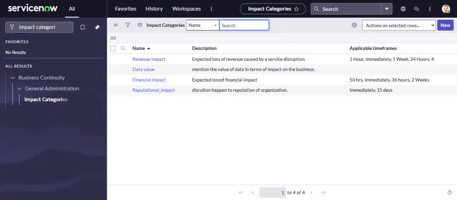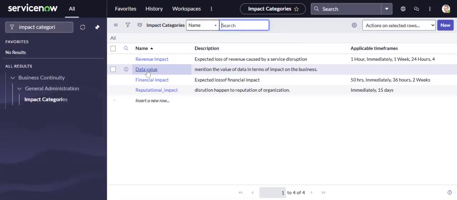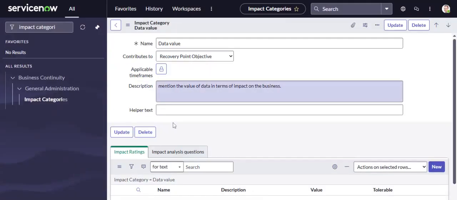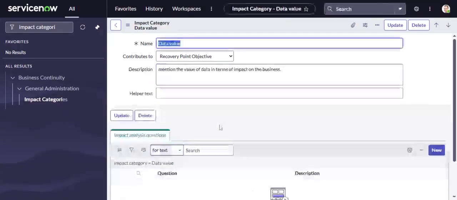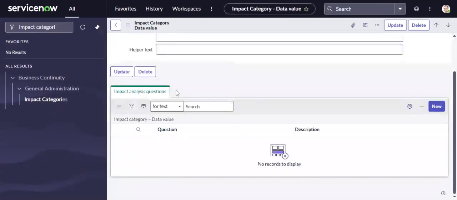Now as I have created the data value, we have to create the next thing. If there is a recovery time objective, we will create the impact ratings, but in the recovery point objective we have impact analysis questions.